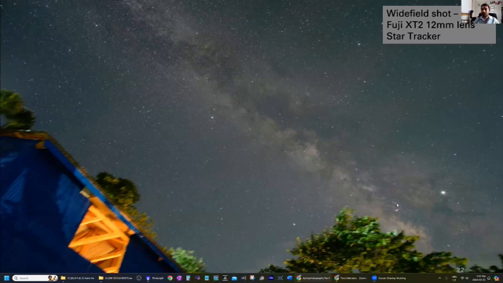And again, I apologize for the blurriness of the image. When I transferred it to Zoom, it didn't upload in the highest of resolutions, but you get the idea of what is possible there. And I think on the right, that was Jupiter at the time, if I remember correctly.